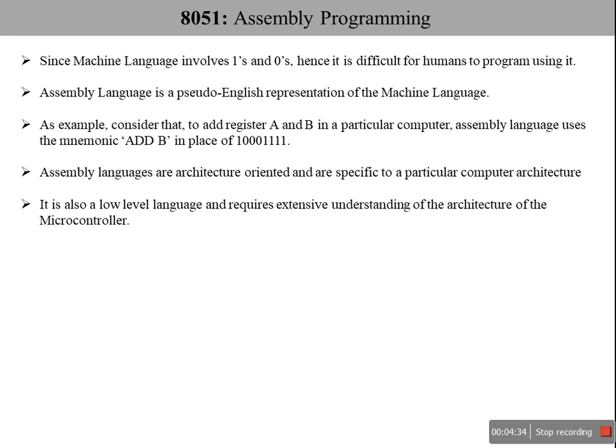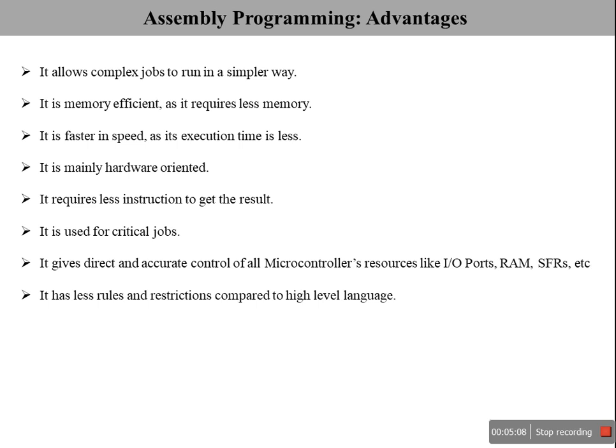In conclusion, machine language is the fastest language to execute, whereas it is difficult to remember the set of ones and zeros for a particular application. That set of ones and zeros may be given a specific mnemonic, and then we can program very easily using these mnemonics, which are ultimately translated to ones and zeros for execution. So if we program using assembly language, it is comparatively easier to execute on a particular microcontroller or microprocessor. Let's look at an advantage of going for assembly language programming.